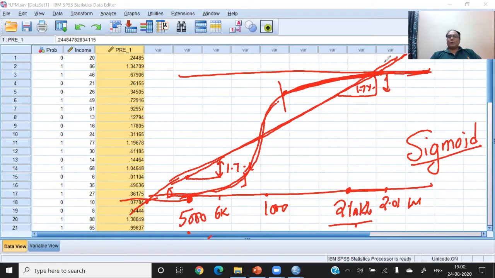So I hope you have clarity on this part, that linear probability model gives you the probability on the straight line, but we can challenge this, that probability of different persons cannot be same. So we want the actual probability, and the sigmoid function captures the real behavior of the probability. So we want some model which can predict the probability on the sigmoid function. Okay, so now I'm going to introduce the logistic regression model.